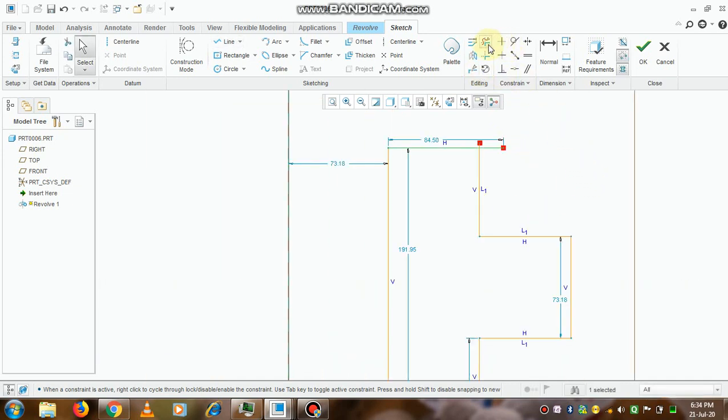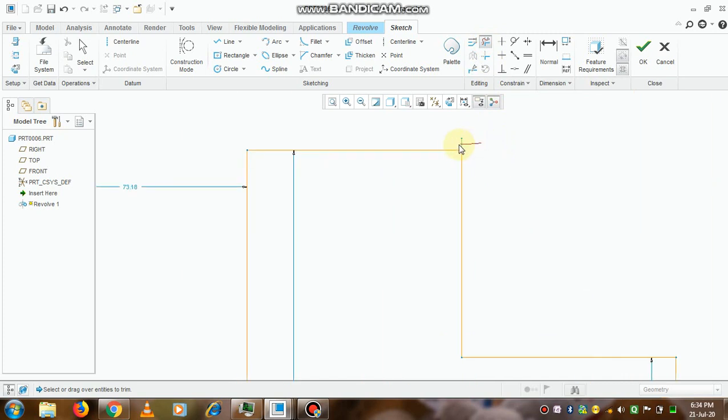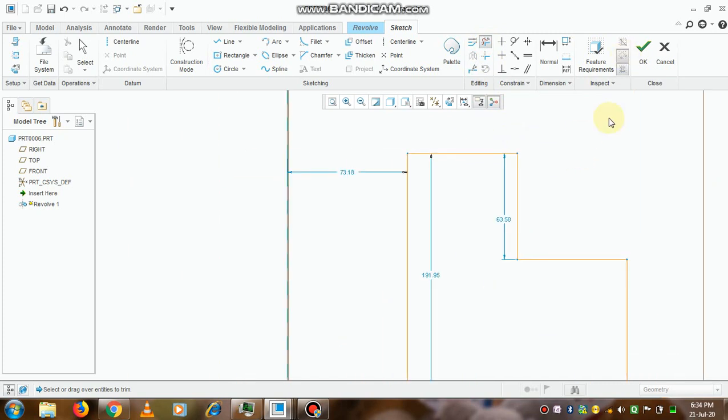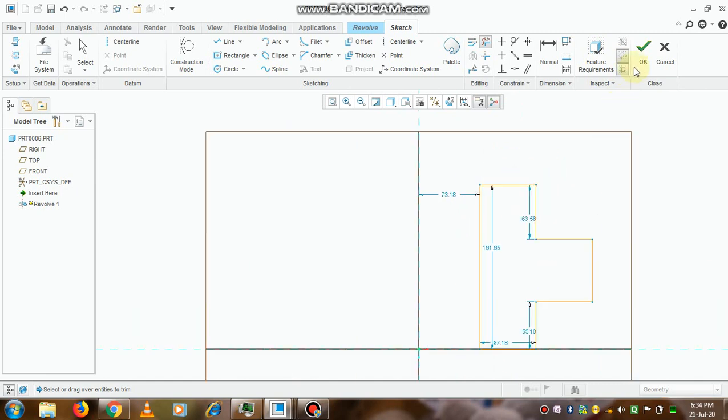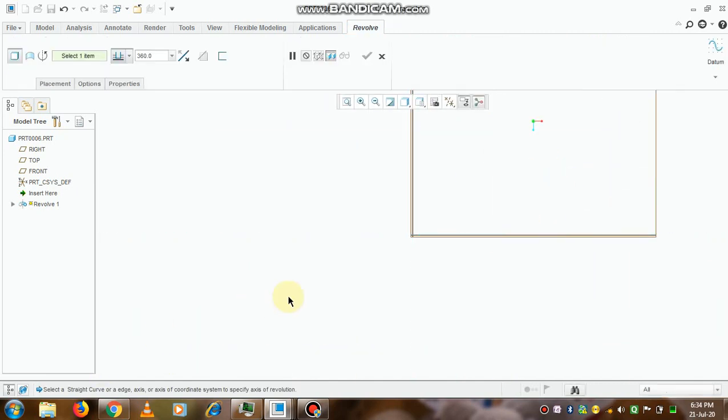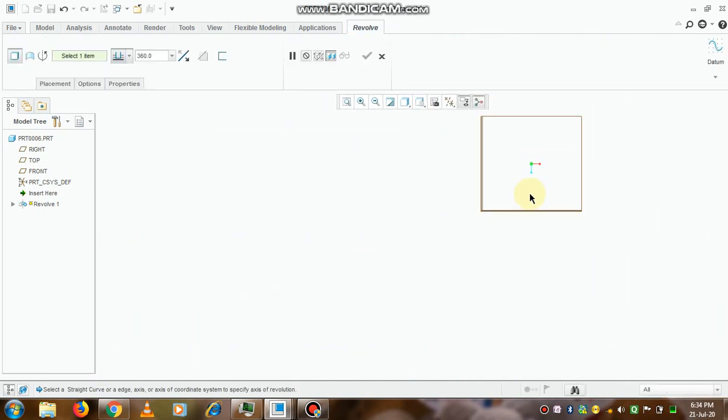Now see these extra lengths, we can delete them by going into this option, that is edit, and then delete segment. Again the same way this extra part can be deleted, and click on OK.